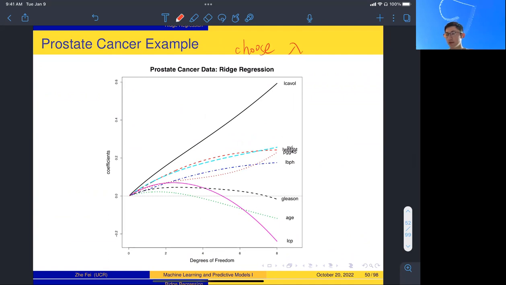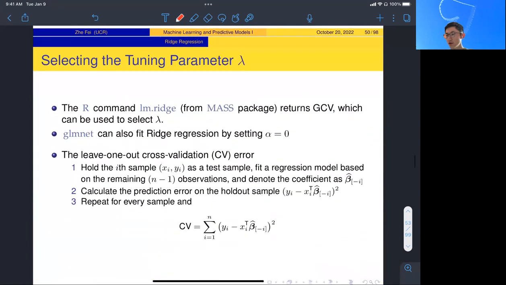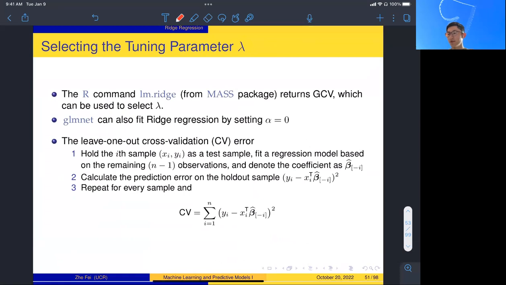So, for example, given this solution, this is the plot of solutions with respect to different lambda values. Any vertical bar here corresponds to a ridge solution with a different lambda value. And how do we determine the best lambda that we should use? So to choose the tuning parameter,